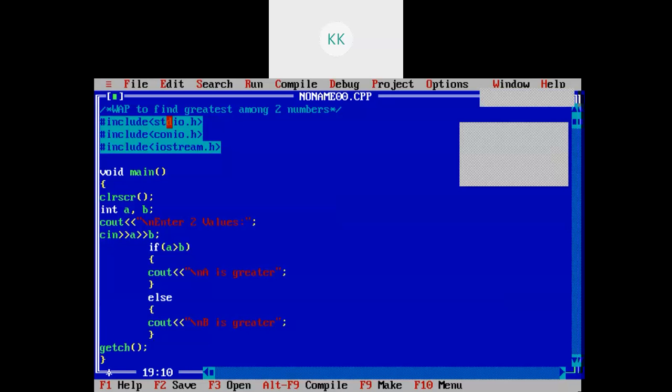Okay. So I have written a simple if else statement wherein we can find out the greatest among two variables.